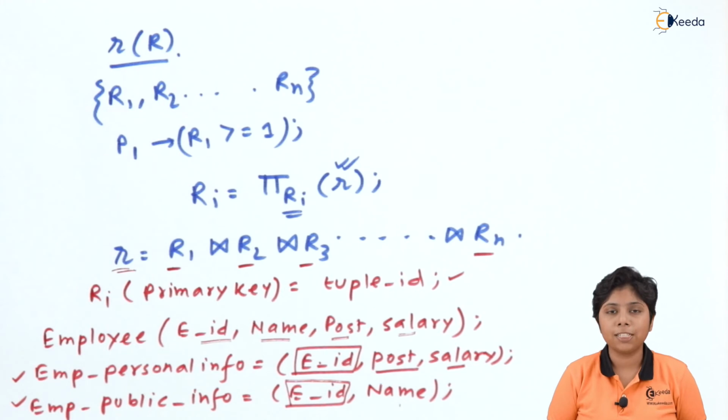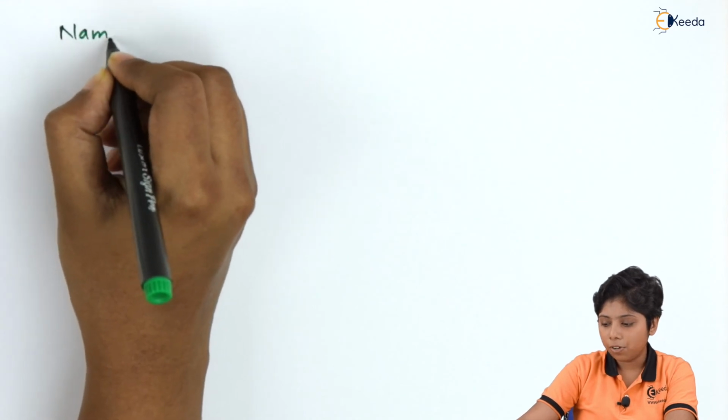And the last one is the access transparency or the location transparency, that is, where the data is being stored, whether it is stored in disk D1 or disk D2. That is not a concern of the user. So these transparencies are provided in distributed data storage systems. When we are providing transparency to the user, one thing we need to keep in mind is the naming of these databases. We can create a name server which keeps access to all the names that we are providing,